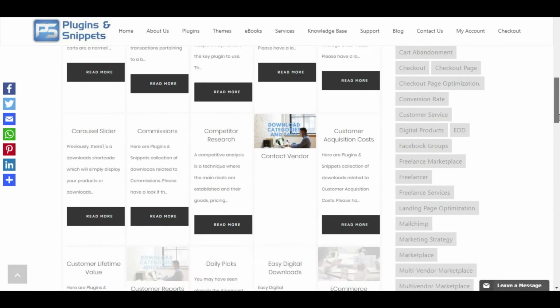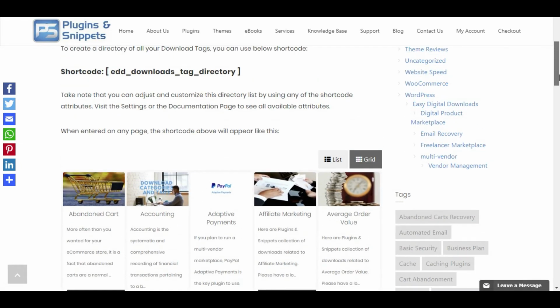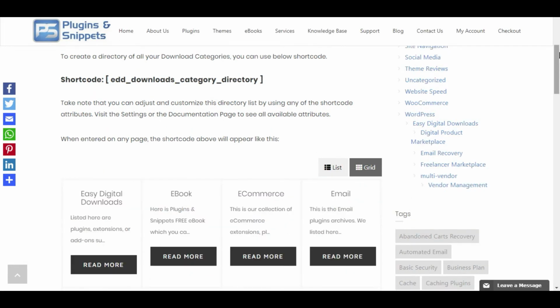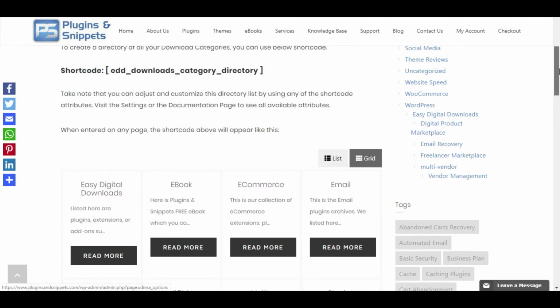So this is what it looks like. And also, let's see the directory shortcodes for the downloads or the categories. You can customize this list any way you want, like changing the number of rows and columns, length of description, assigning an image for each download category and tag, and others, depending on the shortcode attributes that you use.